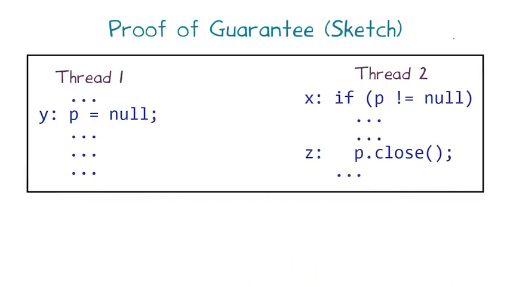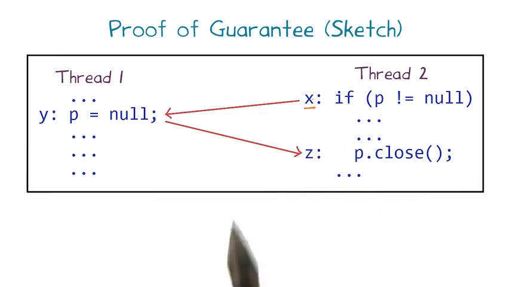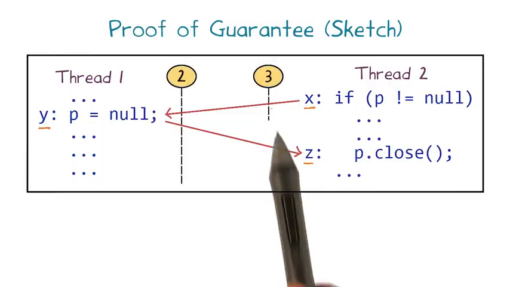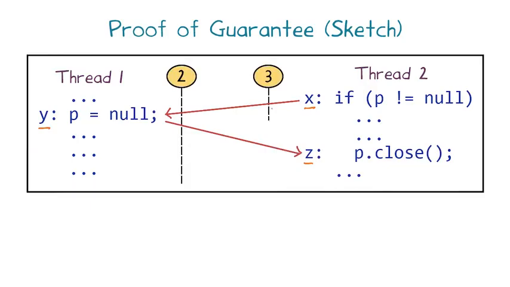Let's use this program again as an example to demonstrate why the probabilistic guarantee holds. To trigger the bug here, statement X must execute before statement Y, and statement Y must execute before statement Z. This order is possible if thread 2 starts with a higher priority than thread 1, ensuring that statement X executes before statement Y. For example, if thread 2 starts with a priority of 3 and thread 1 starts with a lower priority of 2. Because Cuz randomly assigns initial thread priorities, the probability that thread 1 has lower priority than